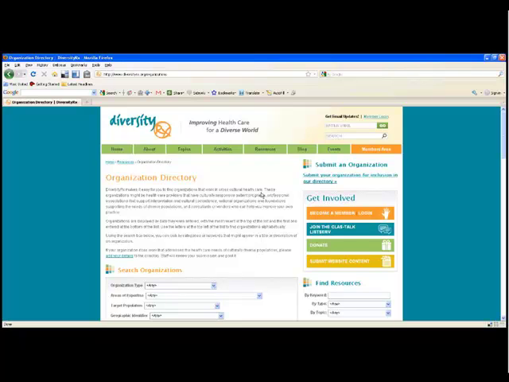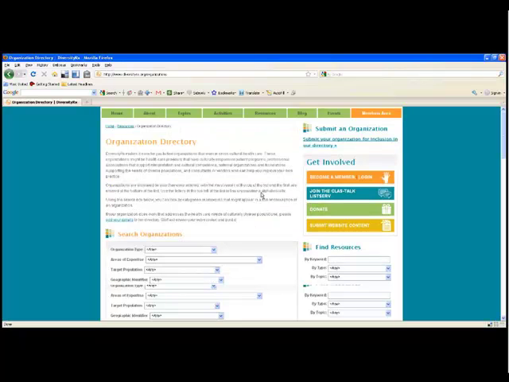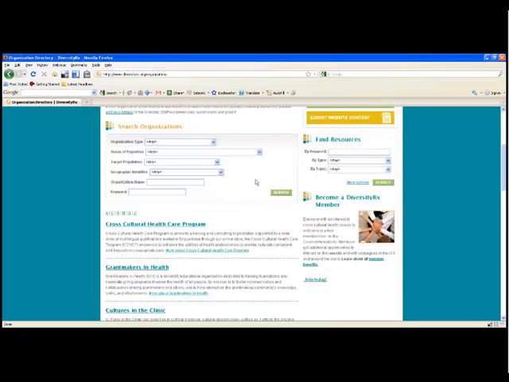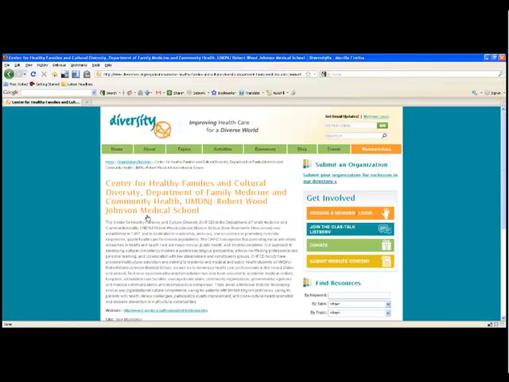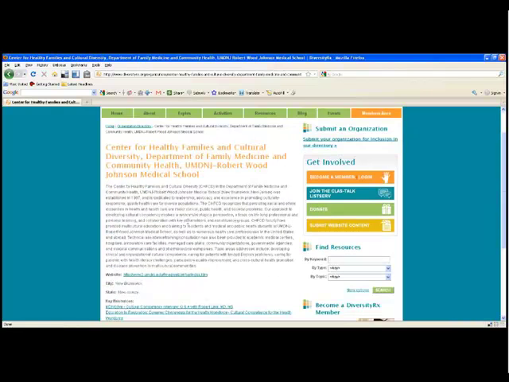You can search for organizations, again, using the same kinds of fields that you would in the resource database. And just to give you an idea of what this looks like, let's go to this organization down here, the Center for Healthy Families and Cultural Diversity, which is in New Jersey. And this is a really good organizational entry because it shows how well you can use all the fields that are available to you.